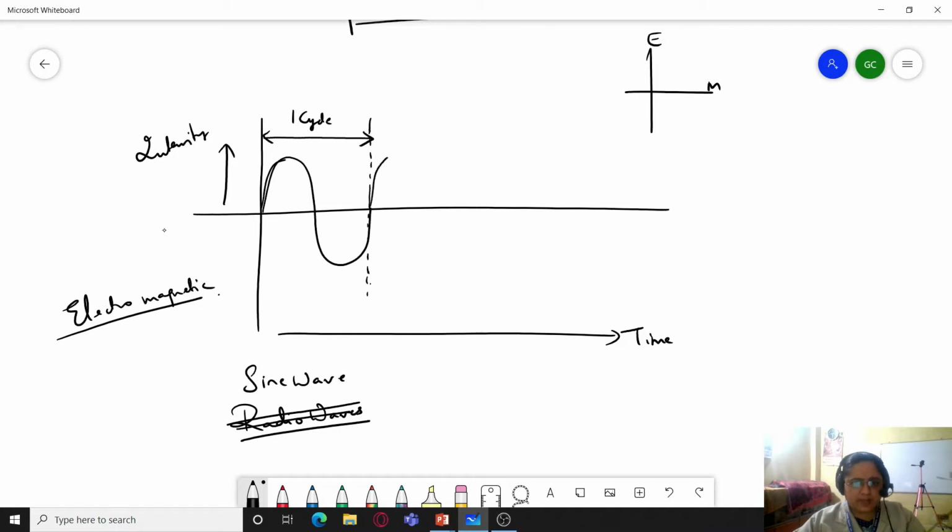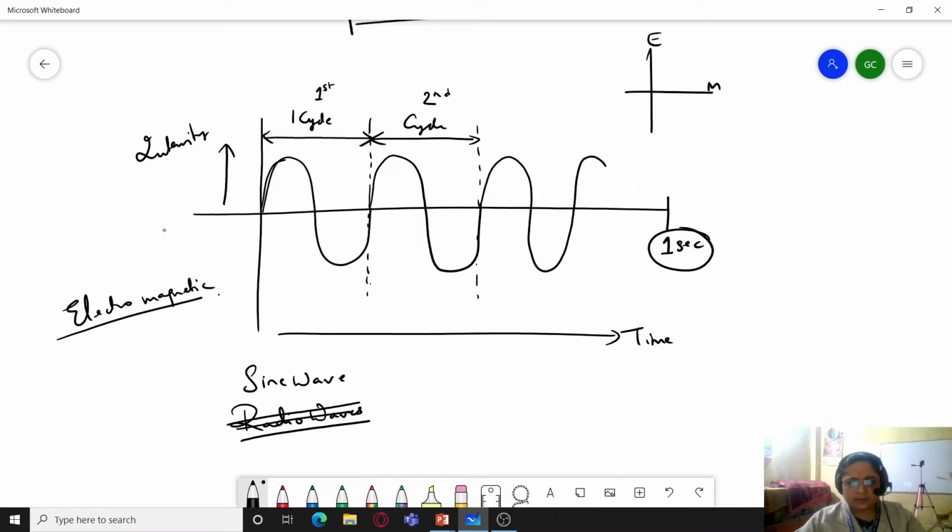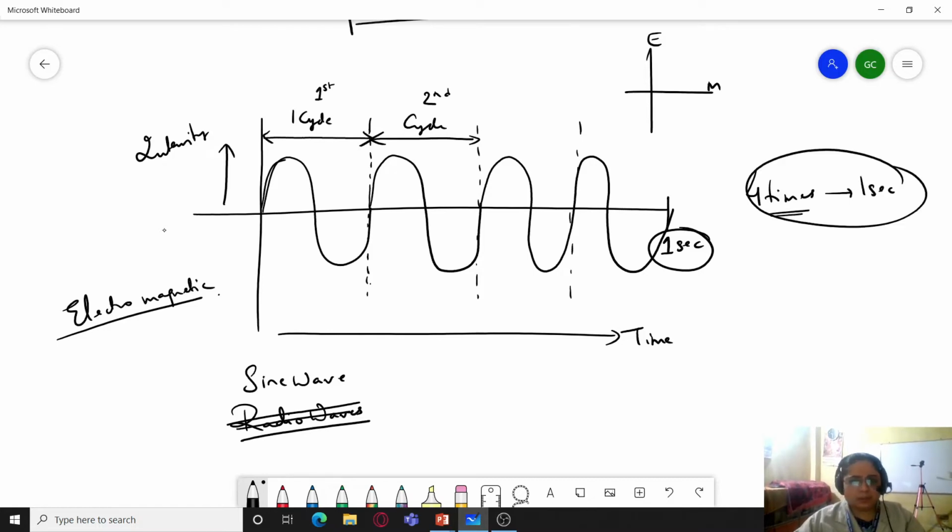And when you repeat this cycle, you can see that there are two cycles forming here. This is the first cycle, this is the second cycle, right? So when the cycle repeats itself within a period of time, for example, we count the number of times it repeats itself in 1 second. Here, if I just plot it, we can see very well that this wave repeats itself 4 times in 1 second. So its frequency will be 4, right?